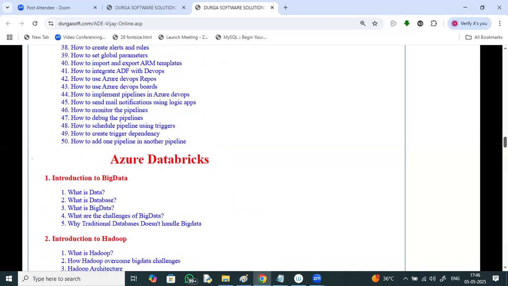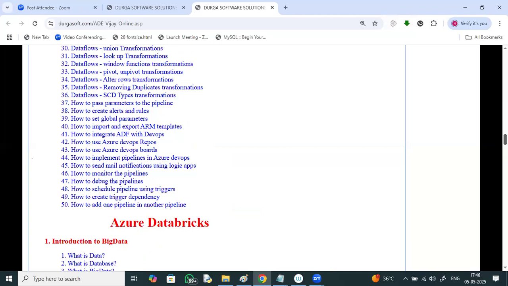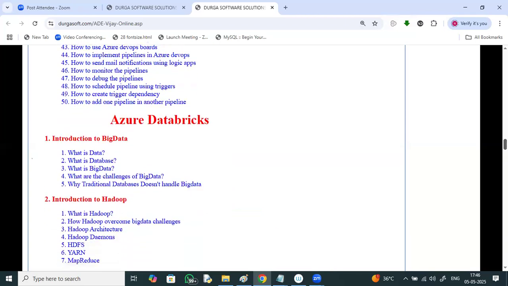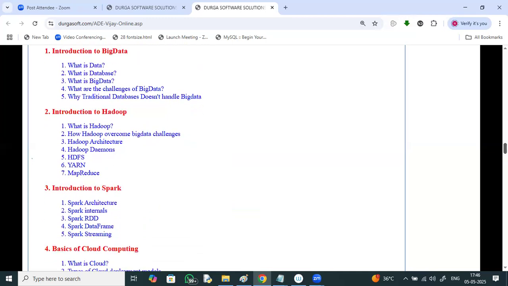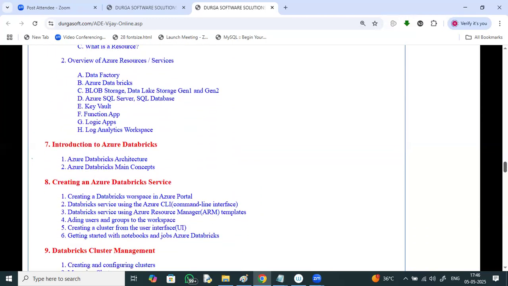And coming to Azure Databricks, before going with Databricks, the prerequisites like Hadoop, Big Data Hadoop, Spark, Cloud Computing, Azure, and Databricks.